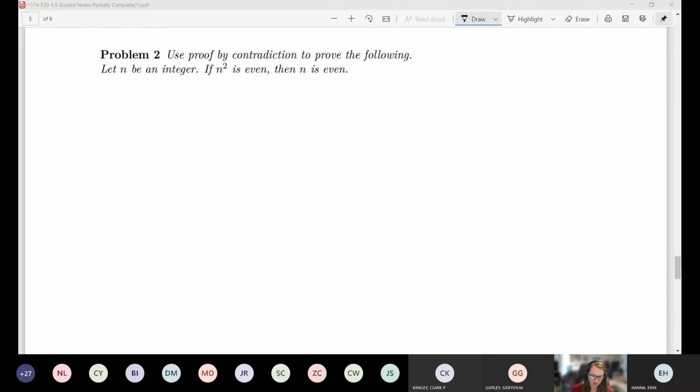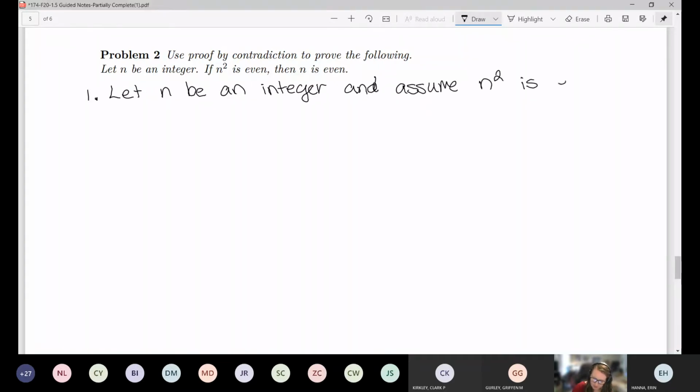As always with proofs by contradiction, we start by assuming the things we're given and the hypotheses are true. So let n be an integer and assume the hypothesis is true. So assume n squared is even. And then we go into our contradiction setup. For the sake of contradiction,